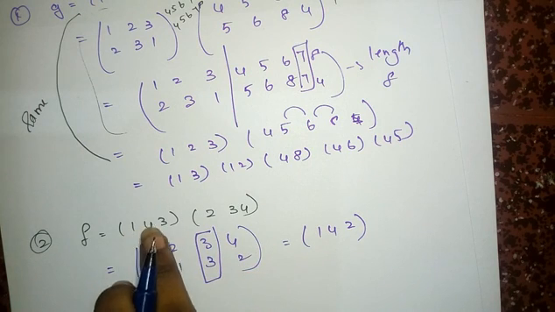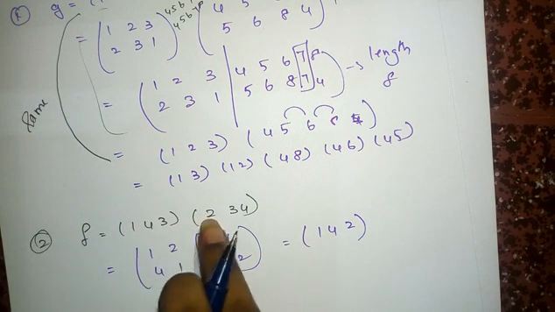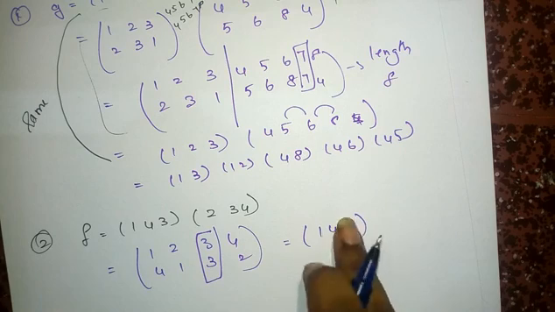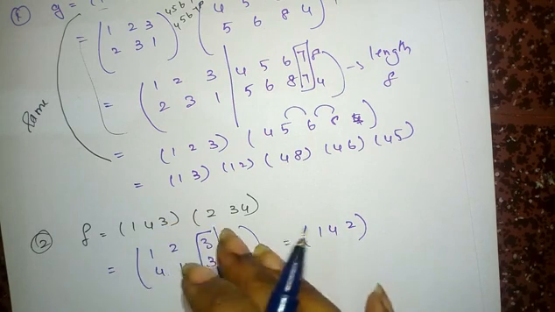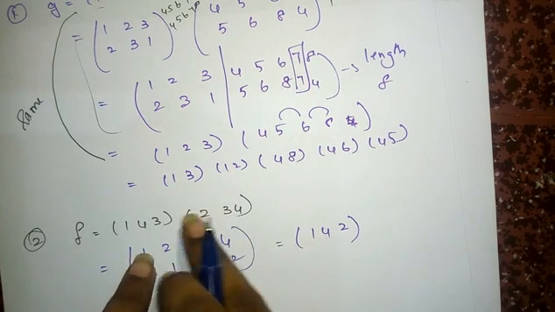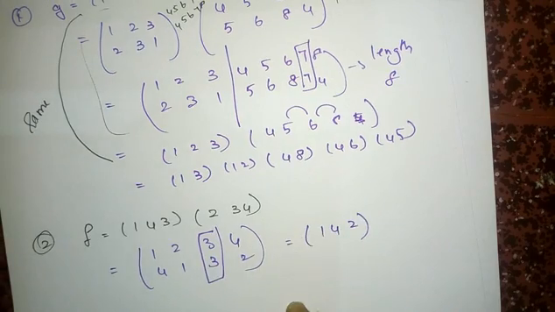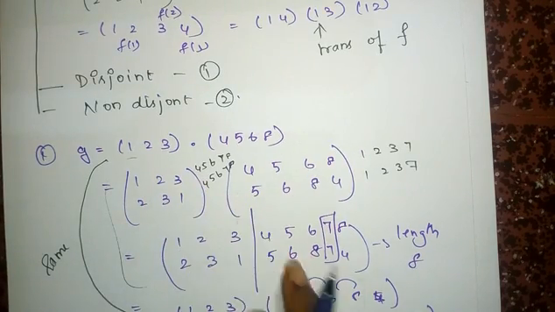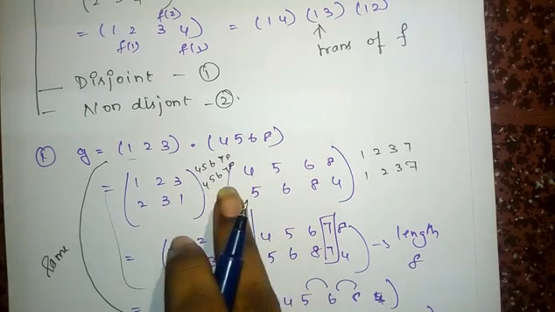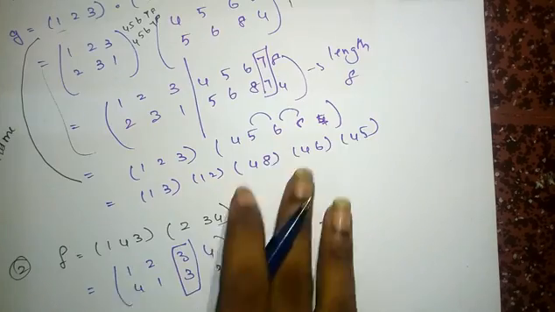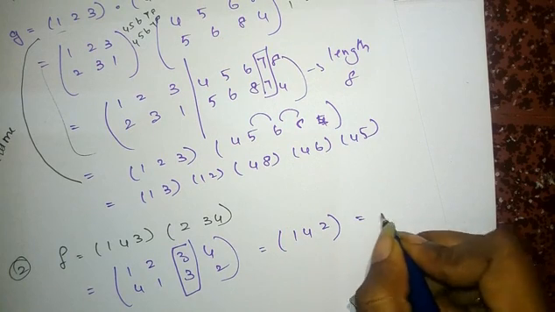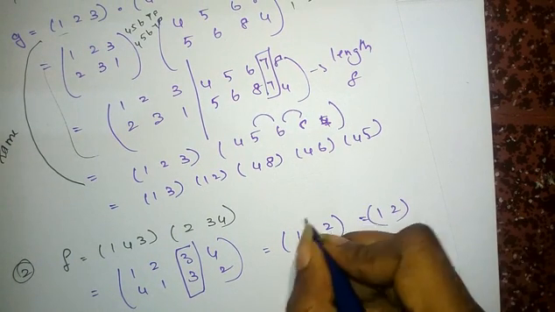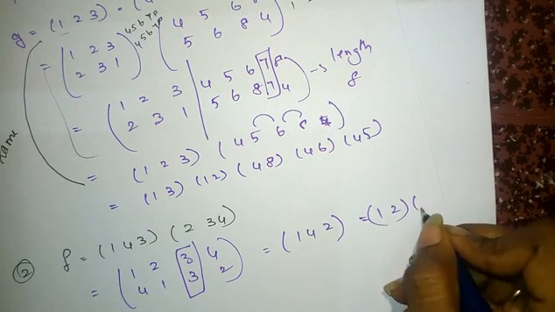If you have seen it, in the non-disjoint permutation the answers for this and this differ. So when it comes to non-disjoint permutation, you just have to do composition, and when it comes to disjoint permutation, you don't have to do this composition process. So this is 1, 2, first and the last, first and the previous last, 1, 4.